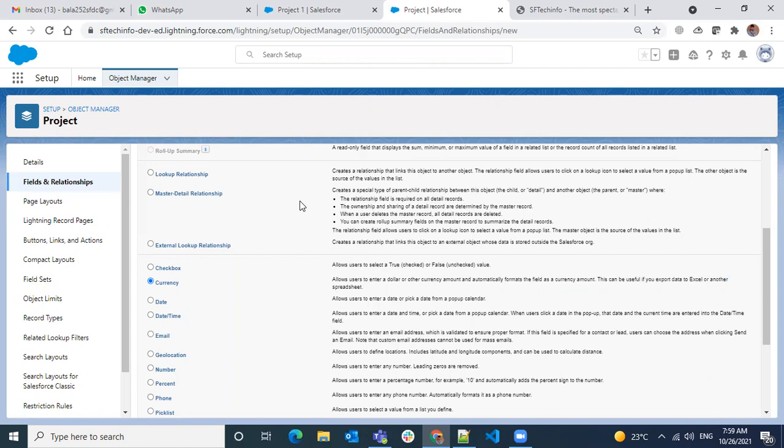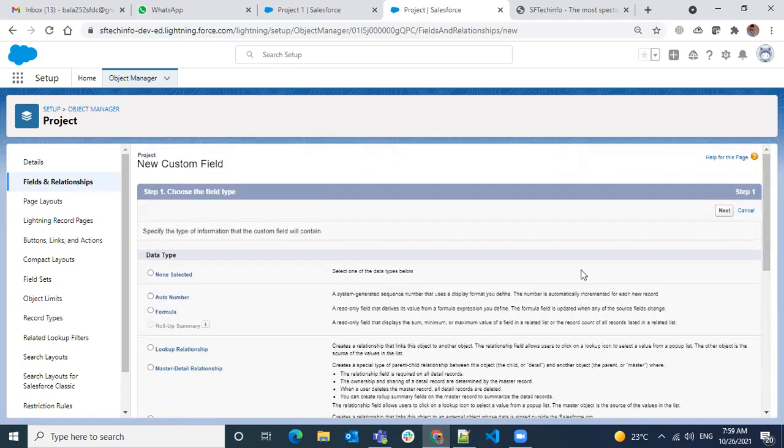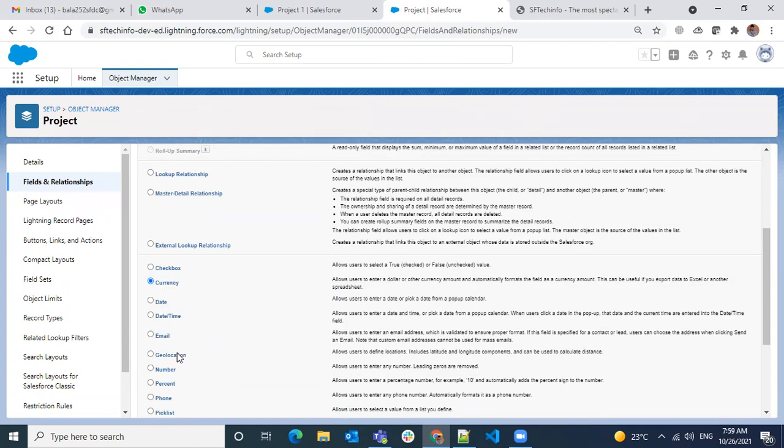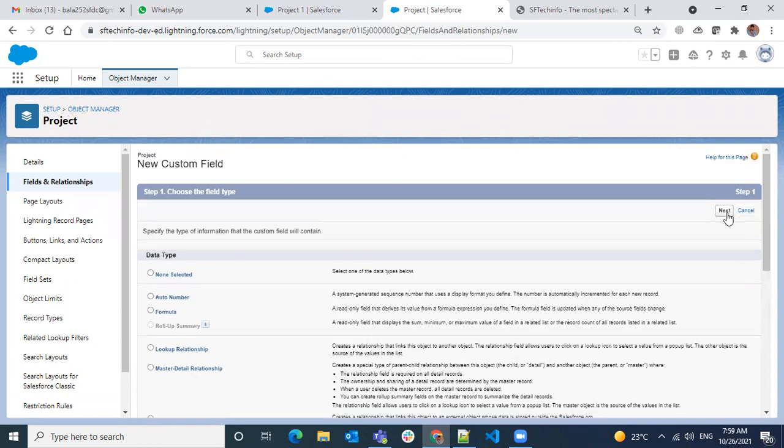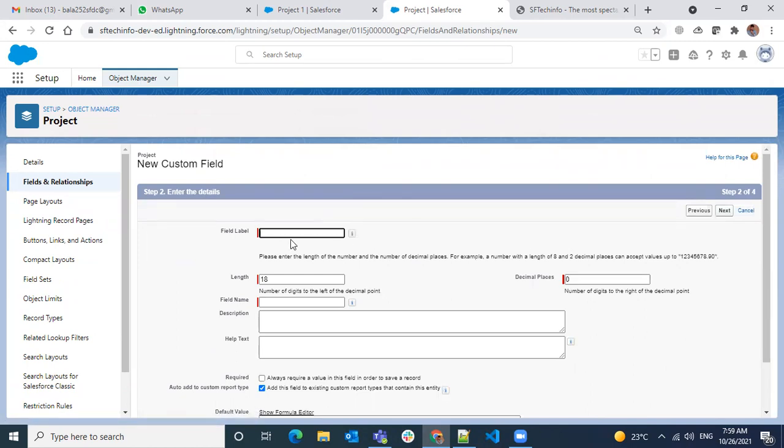So we have reports and we can export the data, and the field or the column will be formatted as a currency, so that you will understand this is something like revenue or income, a value in money. That you can understand if you use a currency field. That's mainly the difference between currency and number. Most of them are the same except this. So we'll see, the length will be maximum 18. How many decimal places you give, the same number of places you have to reduce here. Let's say if I'm giving 4 decimal places here, it will not allow you to give 18 here. Here you have to reduce. Let's see.